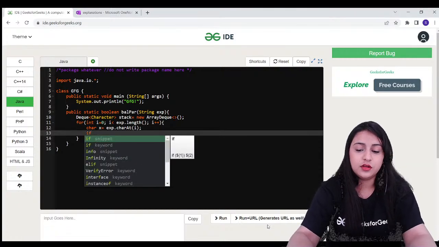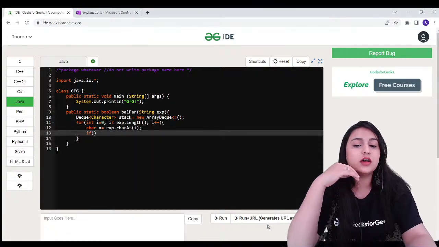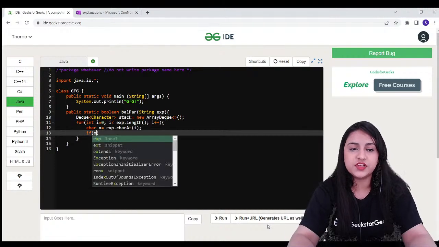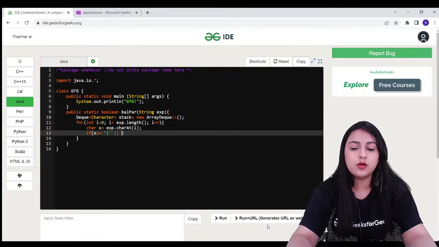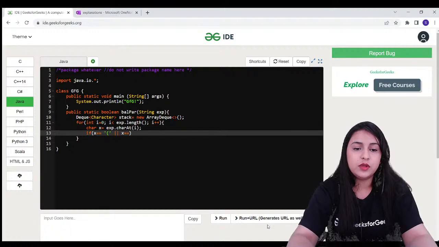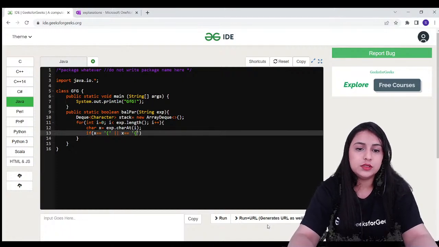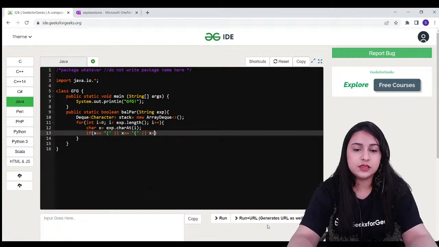So if my character is an opening bracket, let's check if x equals the first one, the round one, or, because we have to check three, we are going to use the or operator, or x equal to